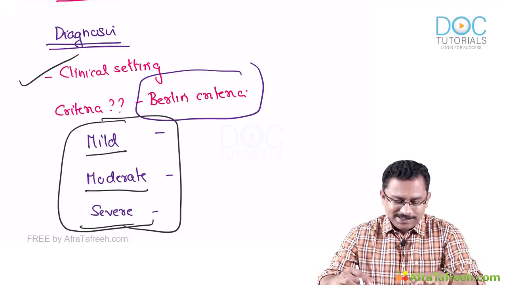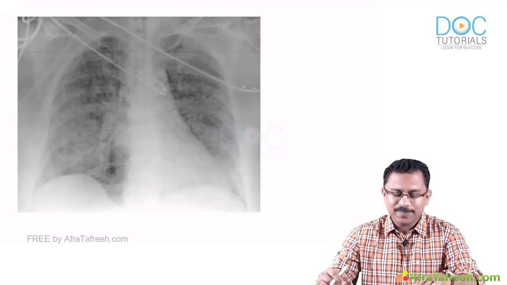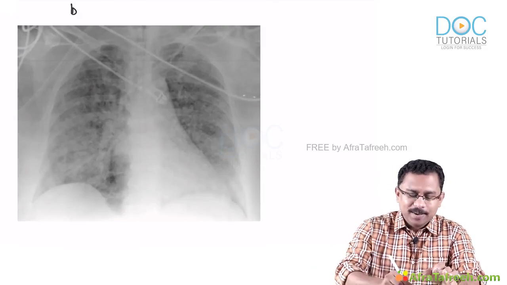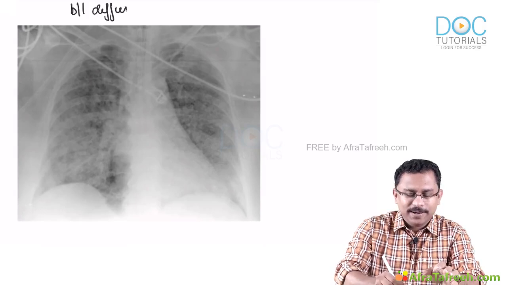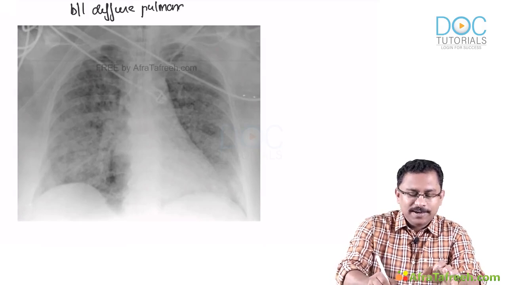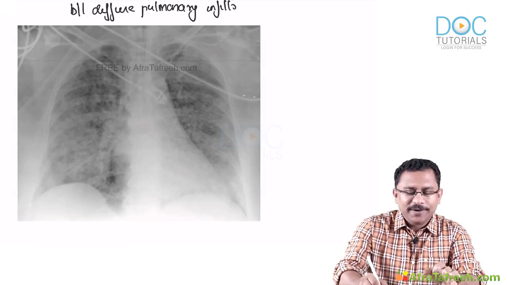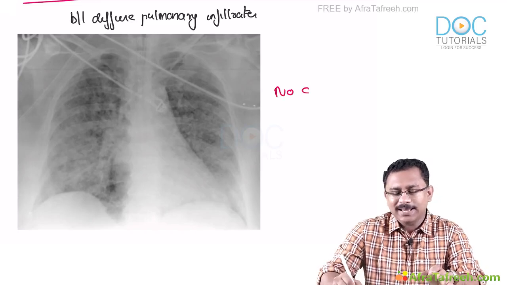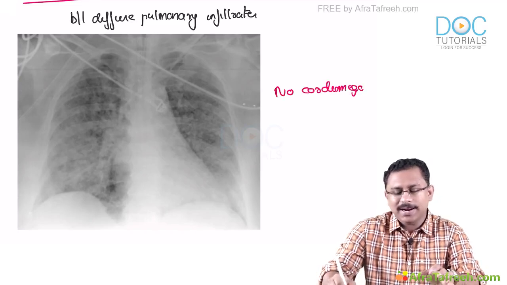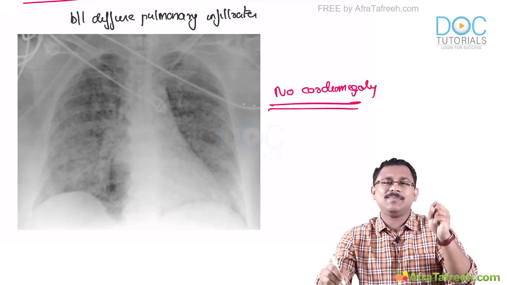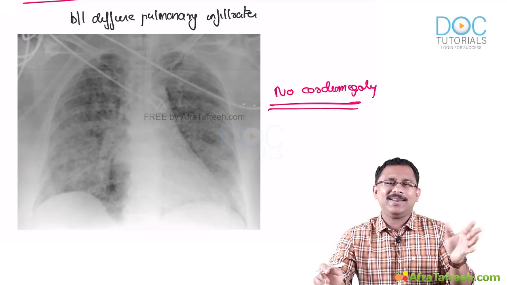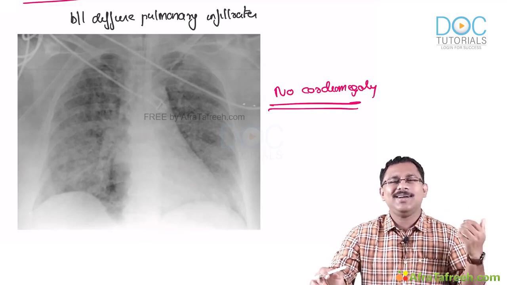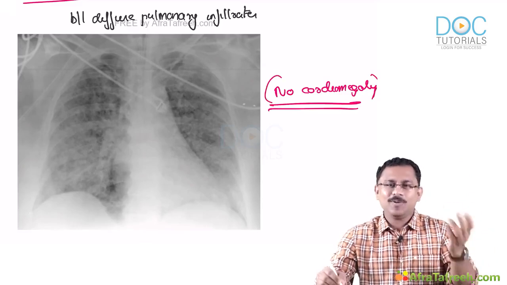Very important. Now let us see the X-ray finding of ARDS. As you can see here, I've taken this picture directly from Harrison. This is a bilateral diffuse pulmonary infiltrates. Now one point of difference is that in case of non-cardiogenic pulmonary edema, you are not going to find any cardiomegaly, because usually in cardiogenic pulmonary edema, you are likely to find some cardiomegaly. Unless it is an acute myocardial infarction. If it is, say, dilated cardiomyopathy or some cardiomyopathy producing a pulmonary edema, you're likely to get a cardiomegaly as well.